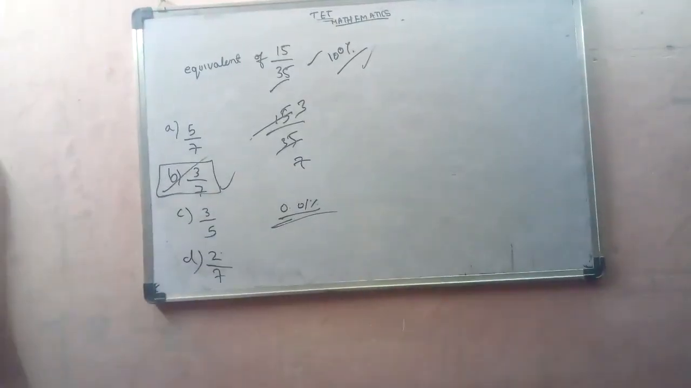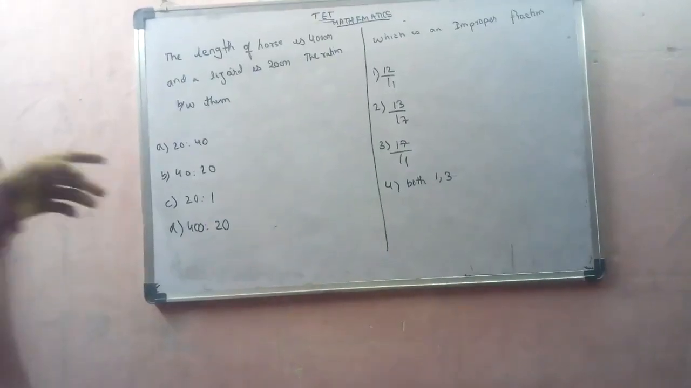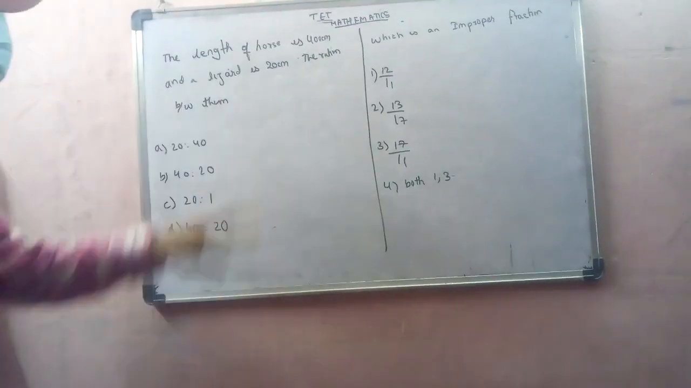Now moving to the next question. Now two questions in a row from that. See this question: the length of a horse is 400 centimeter and a lizard